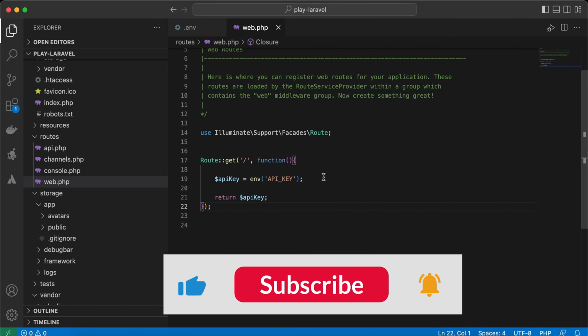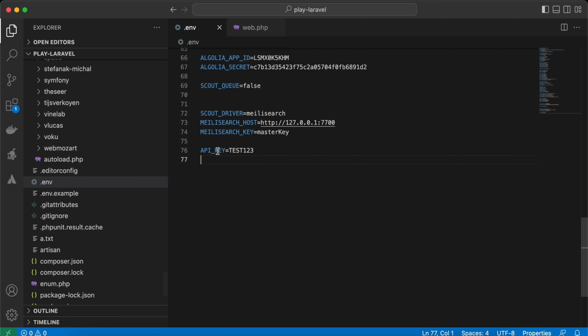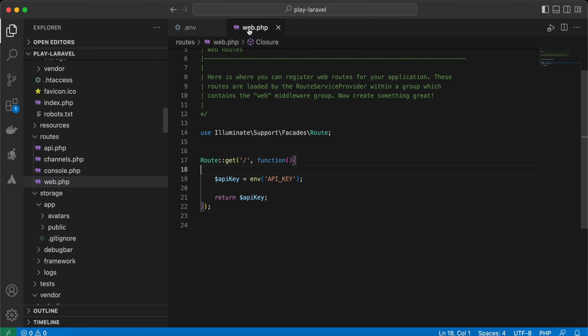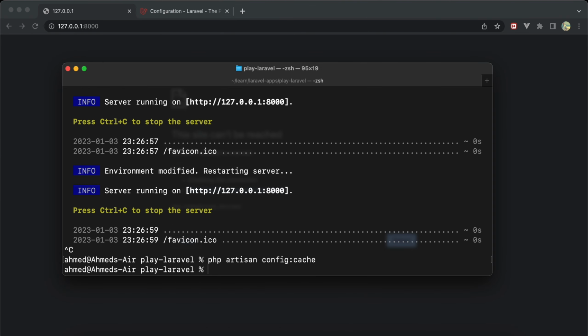Hello guys, in this video I will show you why you must not use environment variable directly inside your code like that. As you can see here, I defined this environment variable here, API key test123, right? And here my function, imagine it's a controller maybe, I am returning and accessing its value here. And if I go back to my browser and refresh, we must run our server, it returns its value without any problem,